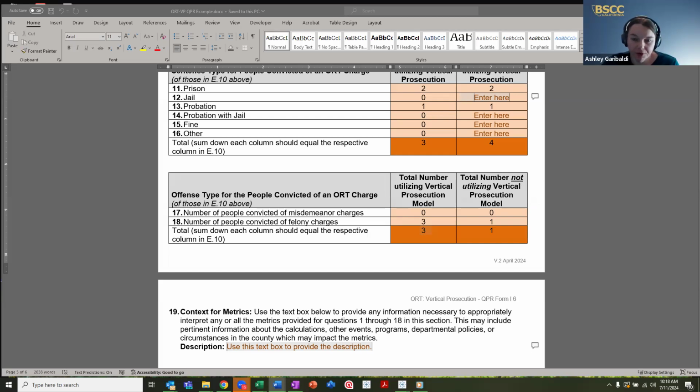So if all your numbers match up, like the totals, and it's nice and neat in a perfect world, right? And like 4 people got sentenced and they all were convicted in the same quarter, and there wasn't any kind of oddities about those things, then I would say that there probably isn't necessarily context that we need to be provided that hasn't probably already been documented above in the program progress. So yeah, I don't think we would necessarily kick it back to you, but we may still have